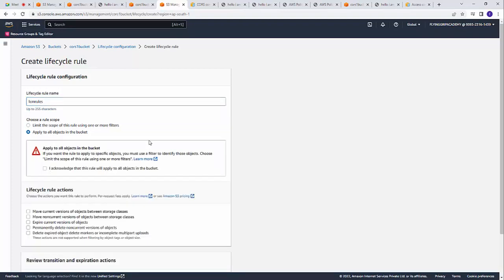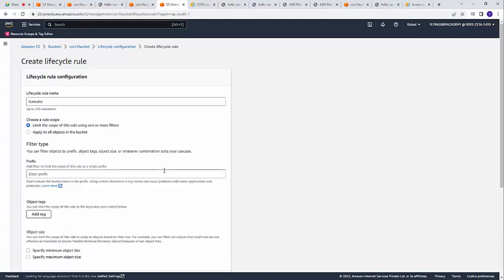You can see all the objects, for example, already existing objects. So next you must choose that option. Otherwise, you can limit the scope. Here the prefix is something like a folder, subfolder, and subfolder, so you can add the prefix if it is necessary. And if you have any doubt, click on Learn more,